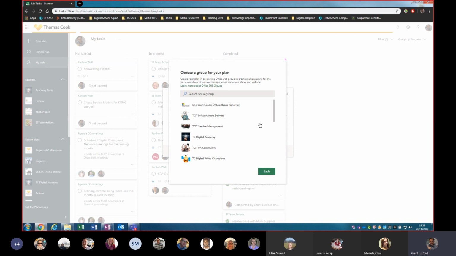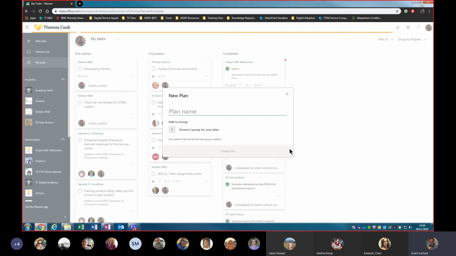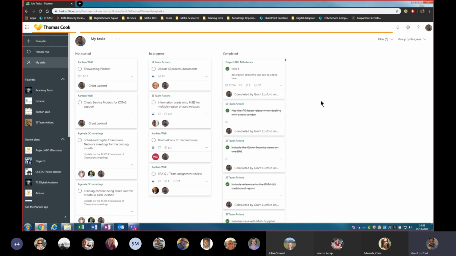By all means, you could create your own team for yourself where it's just you. That's one way of doing it. But perhaps in your local Teams site, you could create your own planner that's just for each team member. And that way you have access to manage your own list of things to do. And again, if you are creating your own to-do list,